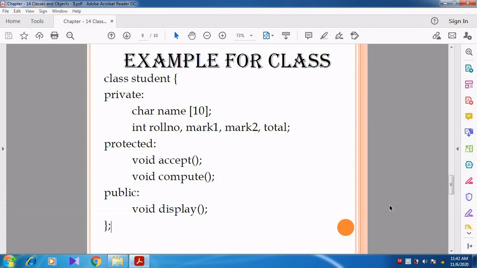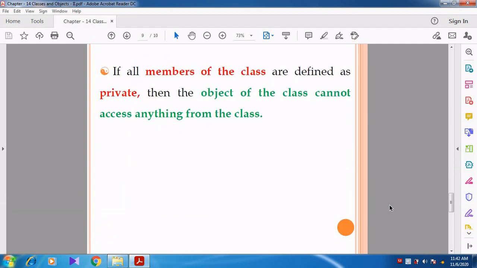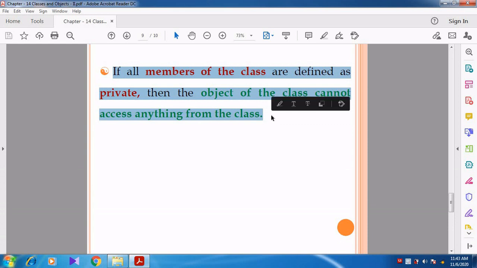Can you understand, students? If all the members are defined as private, then the object of the class cannot access anything from the class. So you should not declare everything under private.